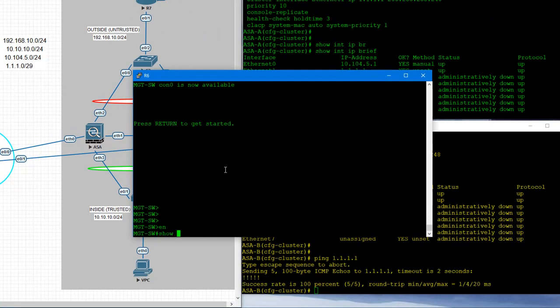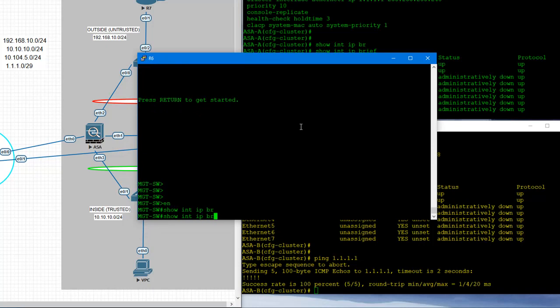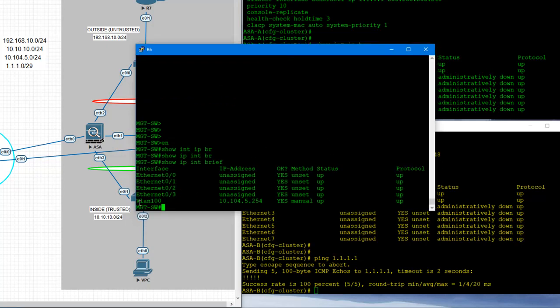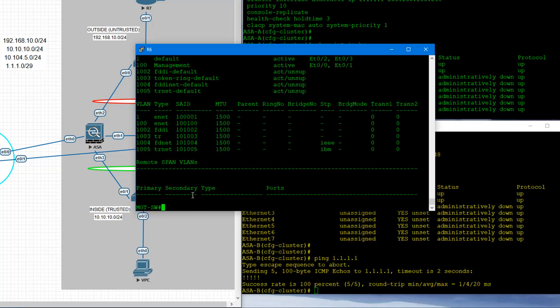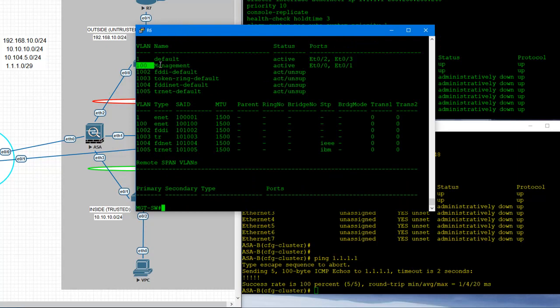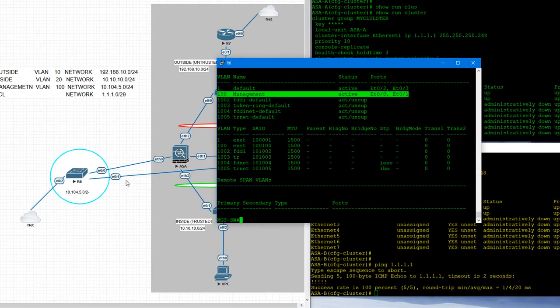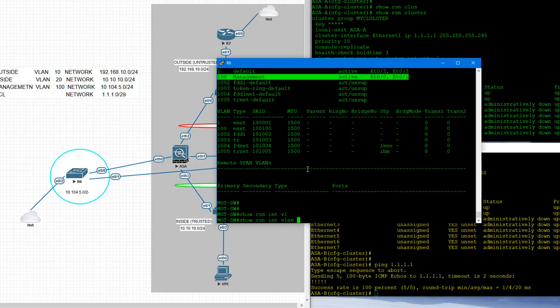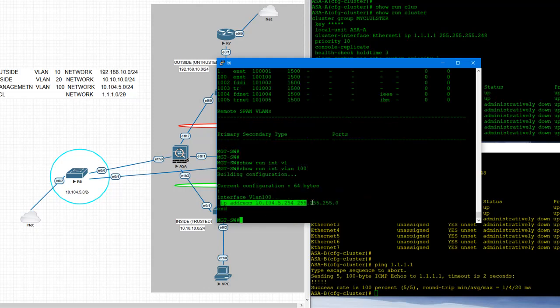Enable, show interface IP brief. So what I have done is just created one VLAN. Show VLAN. You can see that this is the management VLAN I have created, and Ethernet 0/0 and 0/1, these two interfaces, are assigned to VLAN 100, and I have configured an SVI interface. Show run interface VLAN 100. This is the same management IP address, so the 254 is going to be the default gateway for the ASA